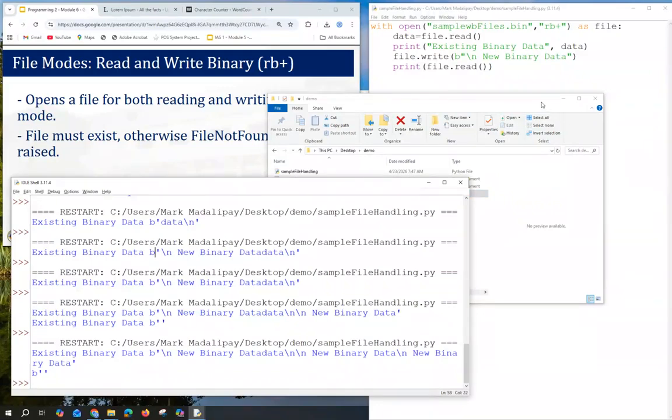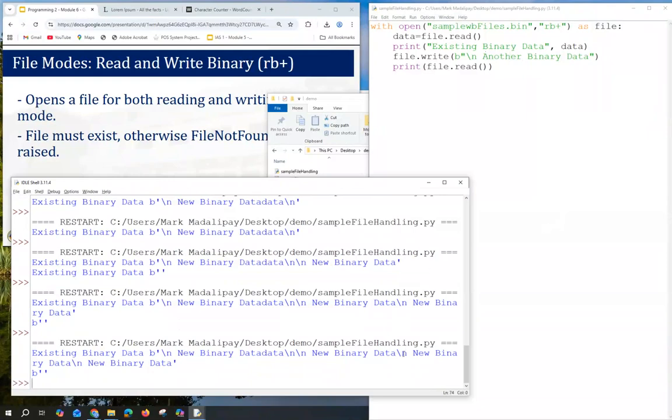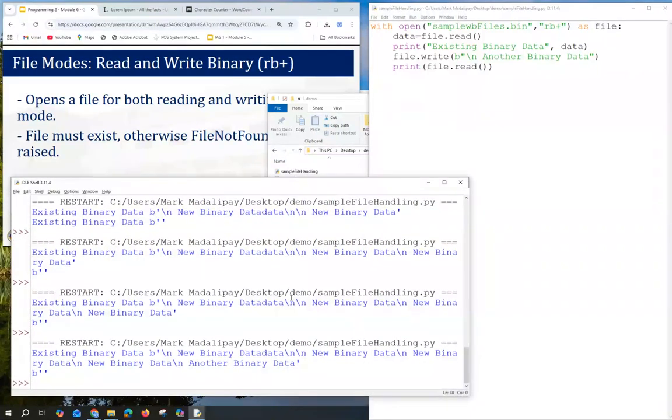Oh, sorry, nga pala. I committed a mistake here, wherein I overwrote it first earlier. So let me just have it. Okay. So we have here your new binary data and the another binary data.